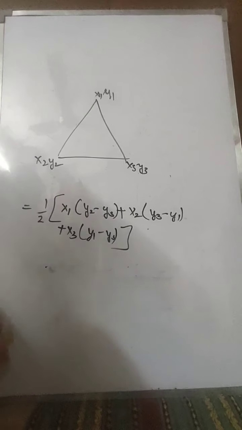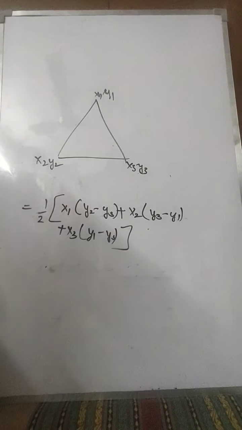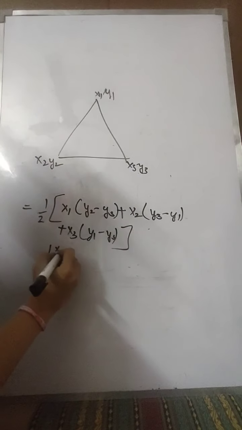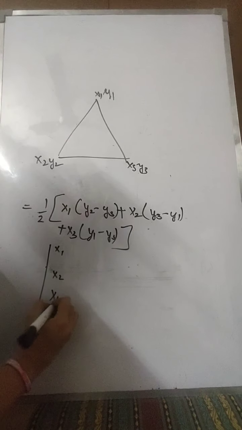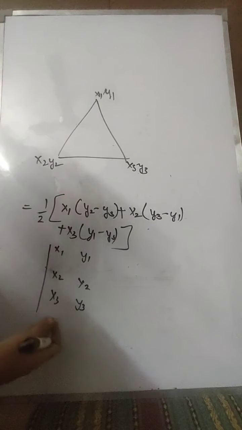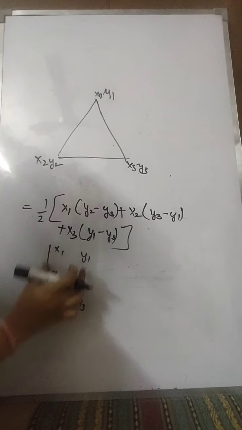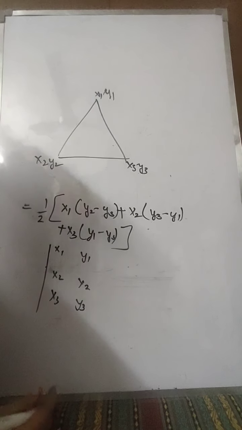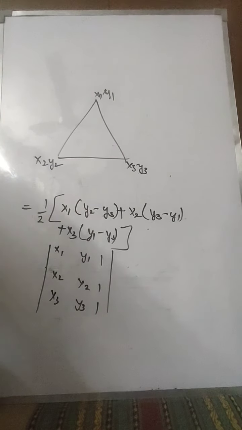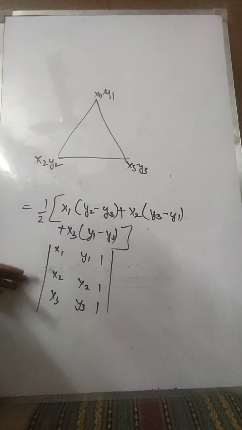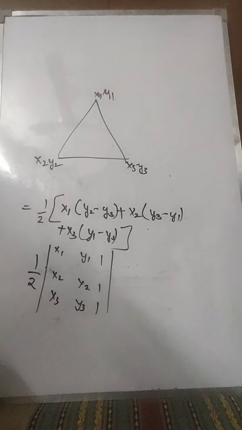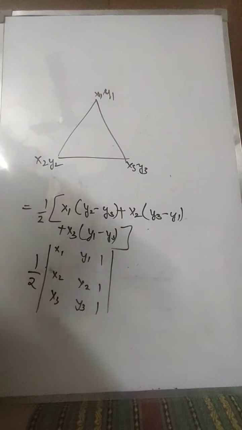Now, the next formula that I'll use is through the help of a determinant. How do I calculate it? Just see, I can represent the coordinates like this: x1, x2 and x3, y1, y2 and y3. Now you must be wondering how I will solve this. It's 3 rows and 2 columns, so a 3 cross 2, so I will take 1 1 1 here and solve it easily. When I solve the determinant, I'll receive the value. Just remember, you have to multiply it by half also. So it will be the area of my triangle.